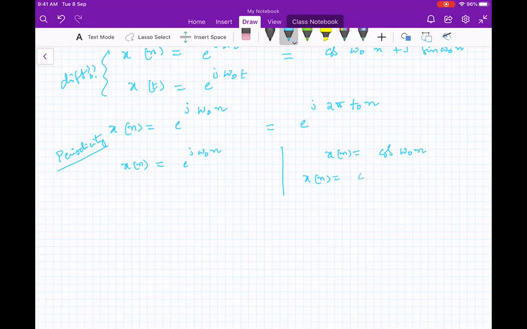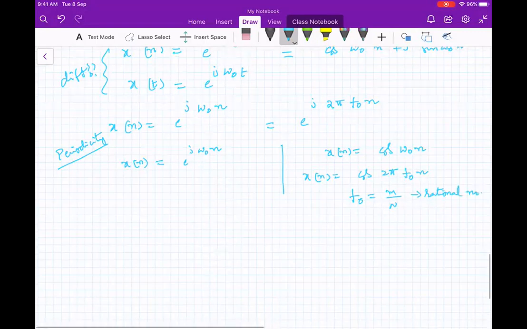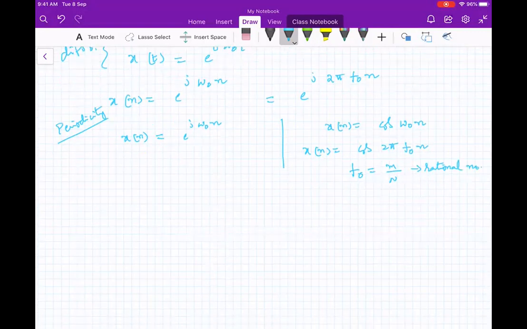Okay, very good. So what we are saying is 2 pi f naught into n. So this f naught is a rational number. Okay, so that's what you are telling, right? Yes, sir. It should be a rational number. The answer is correct, but I would like to approach this step by step. So suddenly if you tell that, I may or may not understand. I don't know whether all your friends have understood or not.